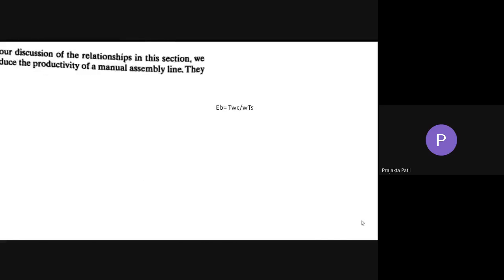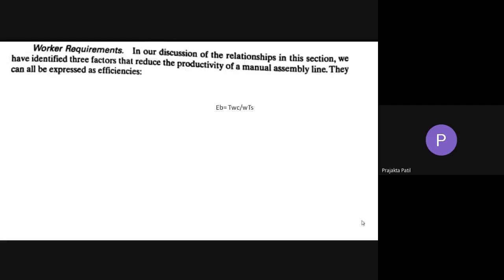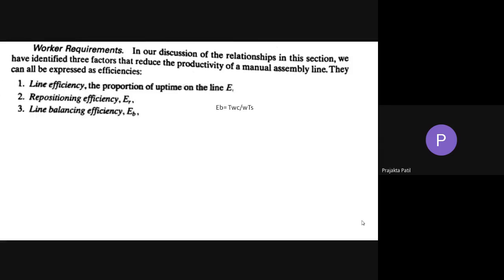So next is this worker requirement. In our discussion of the relationships in this section, we have identified three factors to reduce the productivity of a manual assembly line. They can be expressed as efficiencies. We have already come across these three types of efficiencies. One is line efficiency, E, for which we have already found an equation.